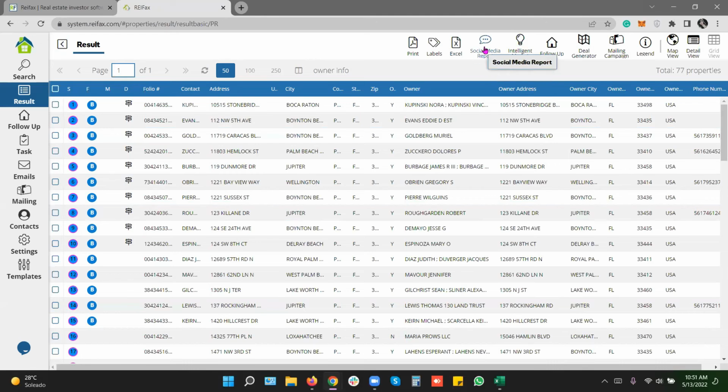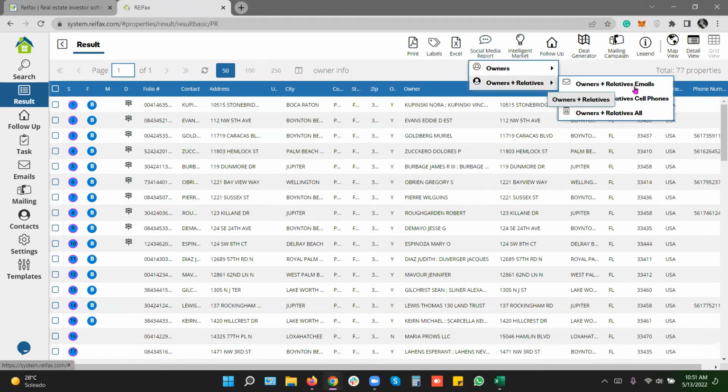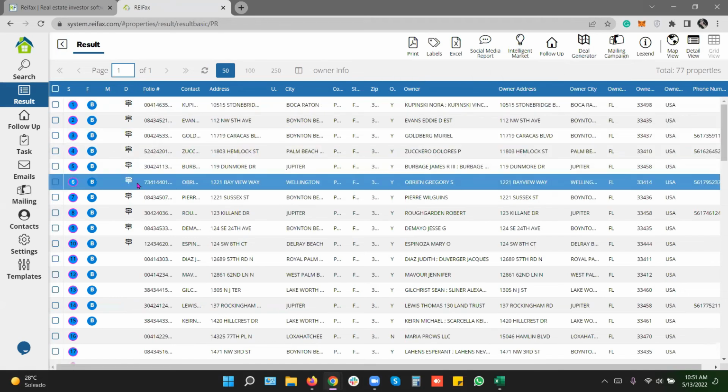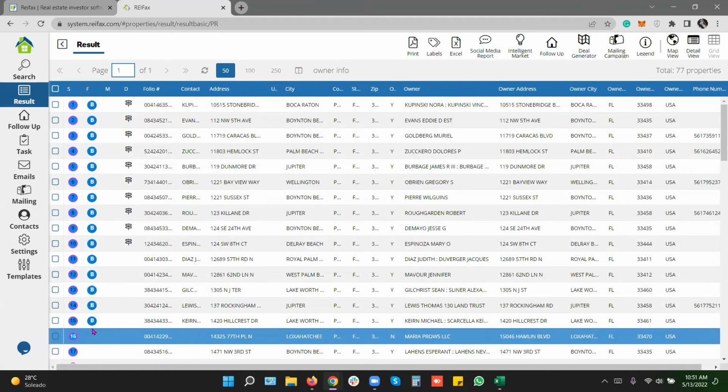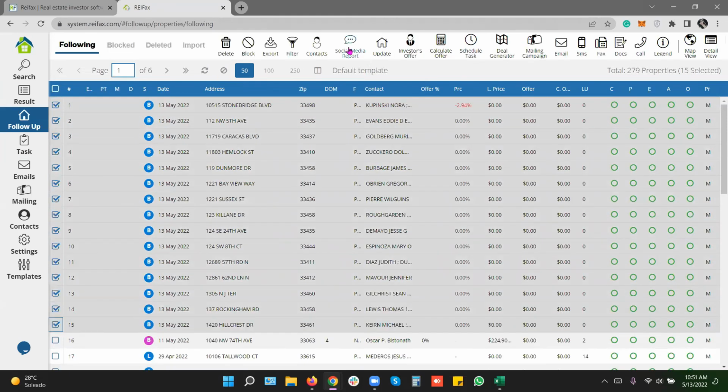So that is how you can use the social media report. The social media doesn't save anything in your account, okay? It's only to export. And then you can save that information in your Excel and you can manage your Excel outside ReiFax if you want, okay? If you want to save that information, those emails and those cell phones, inside your account, once you have added the properties in your follow-up, from here, you just need to skip trace. Right here, where it says contacts, okay, because here you also have the social media to export, but where it says contacts, you just use the skip trace, and then the information will be right here in your contacts manager